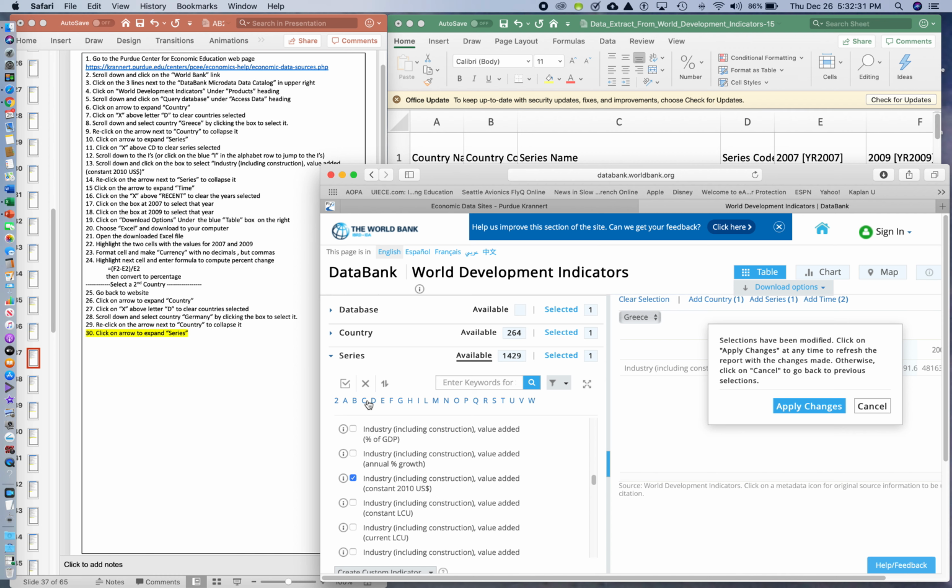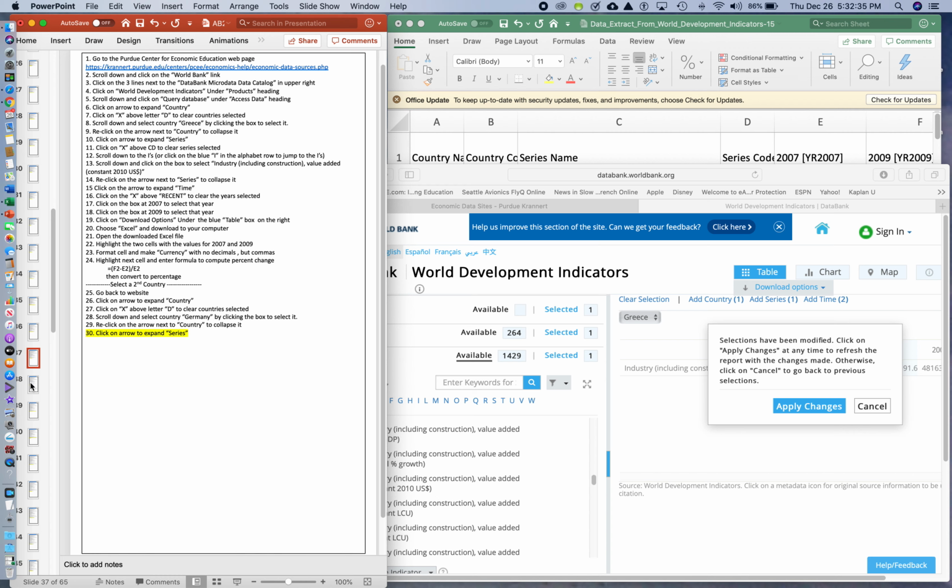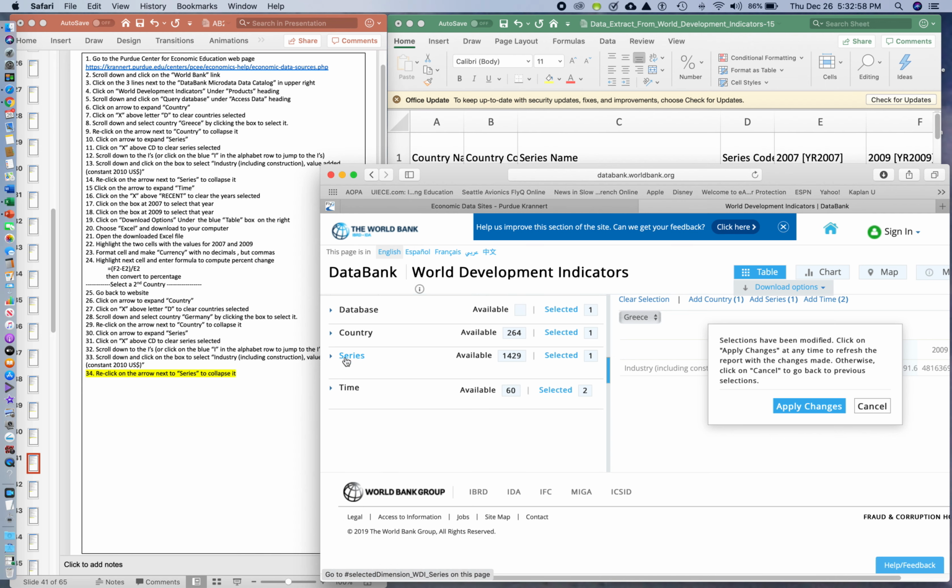So we don't have to X out of it or anything. Although my instructions have you Xing so that you clear whatever is in the series, and then you go back to the I and go down and make sure that you enter the same measure. And then we re-click series to collapse it, and we go down to time, and again